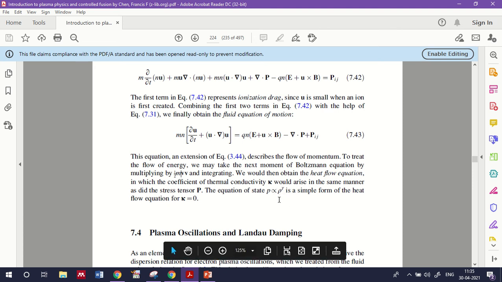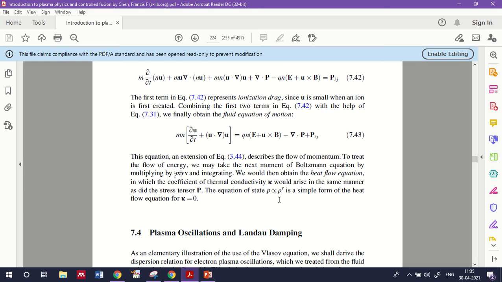Okay, so that's all about the discussion of plasma physics. What we have discussed today is how to derive the fluid equation of motion by considering the kinetic theory equation. For that we took the Boltzmann equation, and as I said earlier, we took different steps to obtain the equation of continuity and then the fluid equation of motion. If you are interested, you can also try half mvv square, then you will obtain the heat flow equation. With that we have ended the module of plasma physics and completed the syllabus